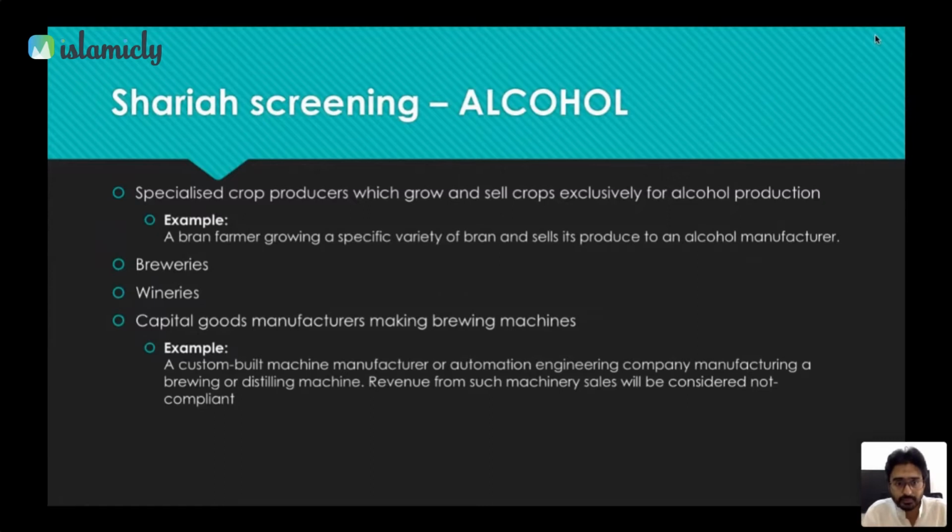Let's move on. So as I've mentioned, specialized crop producers which grow and sell crops exclusively for alcohol production. For example,